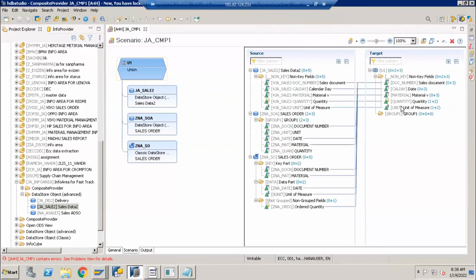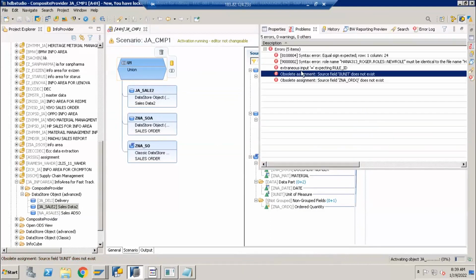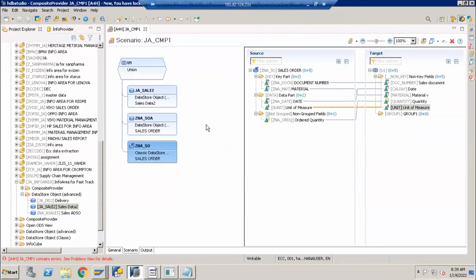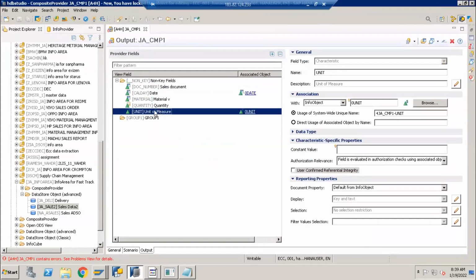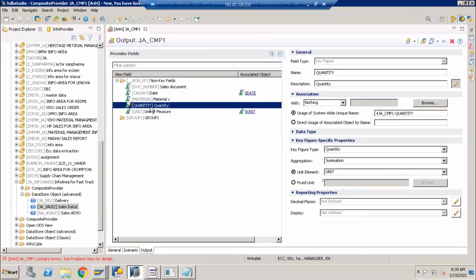Source field 0 unit does not exist. Is there a message? Zero unit output 0 unit. Detail. One second.